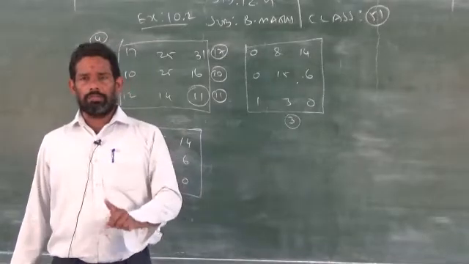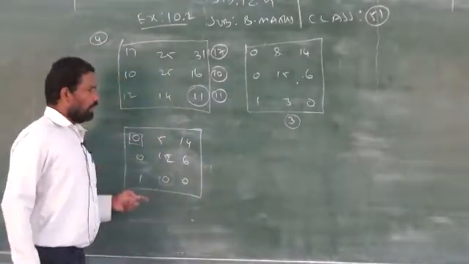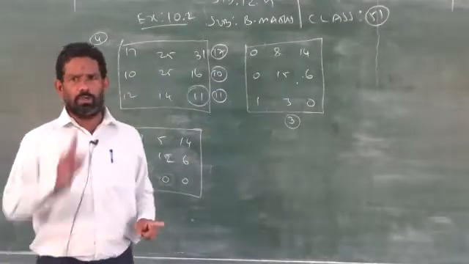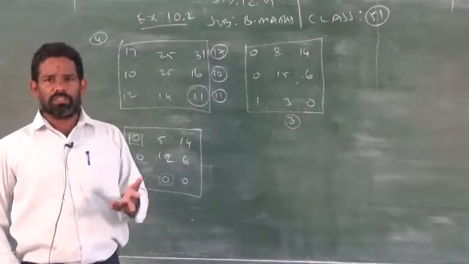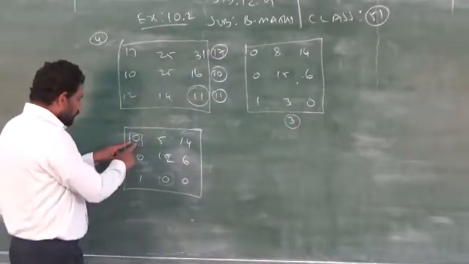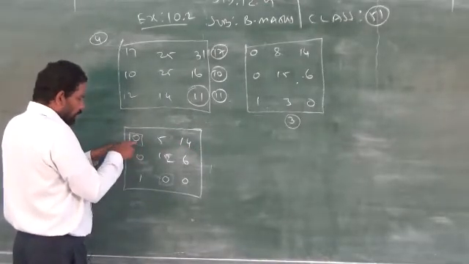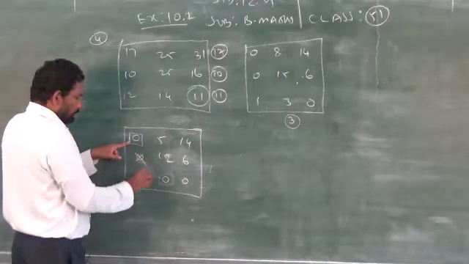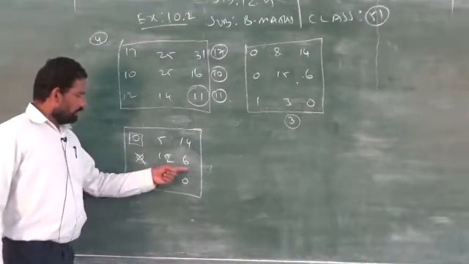You have to box the 0 where the row or column should have exactly how many zeros? One 0. So, where a row or column consists of exactly one 0, you put a box. When the row or column consists of more than one 0, you don't put a box. Clear? Here I have only one 0 in the row. So, I box it. Then you have to see if any zeros under this column are there, put a cross mark. Clear? So, no zeros are left, leave it.